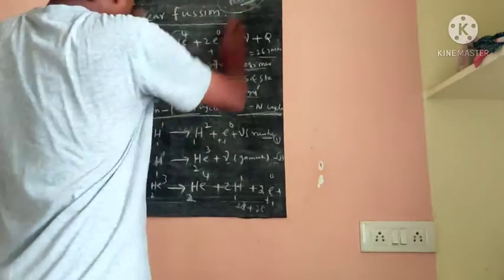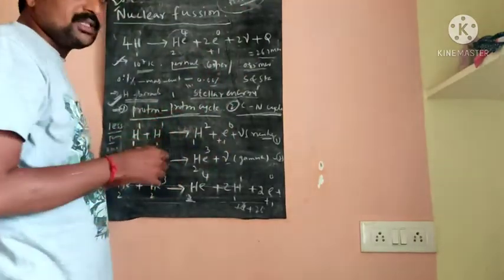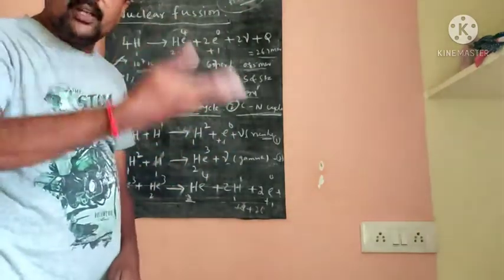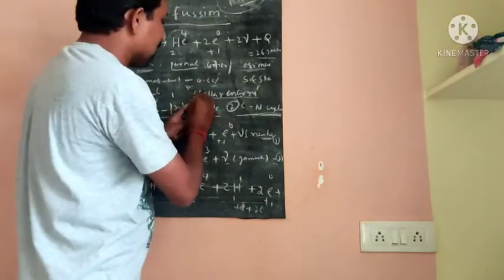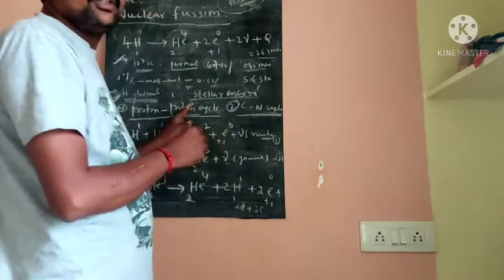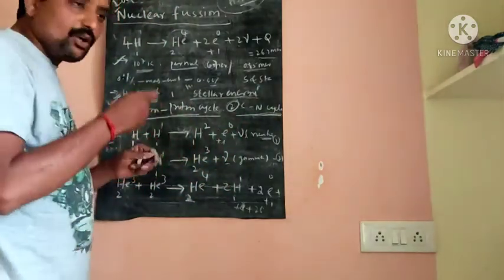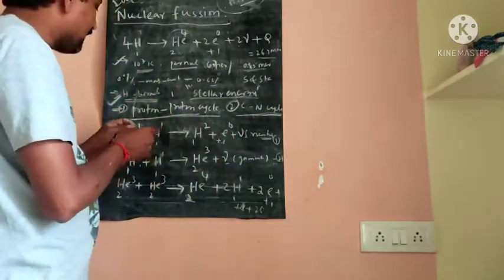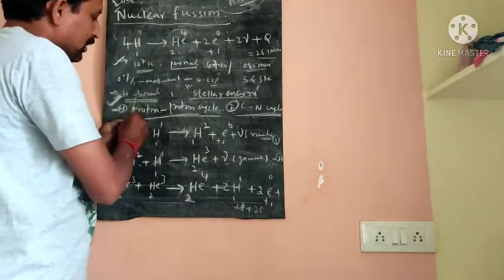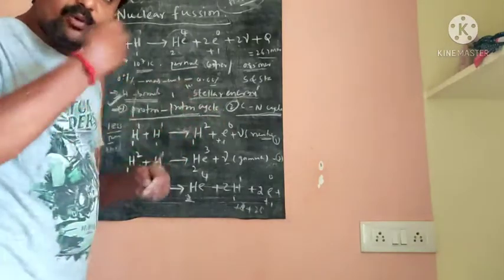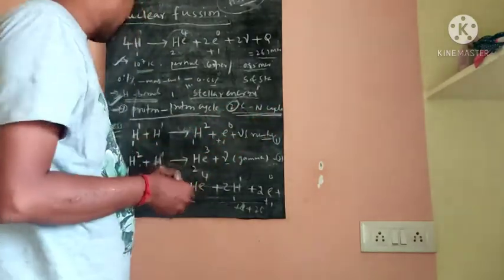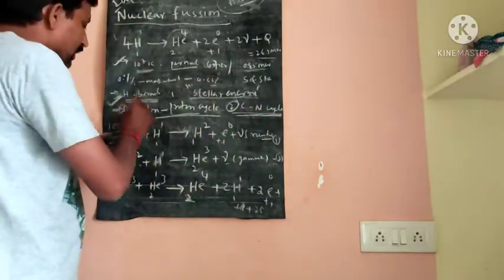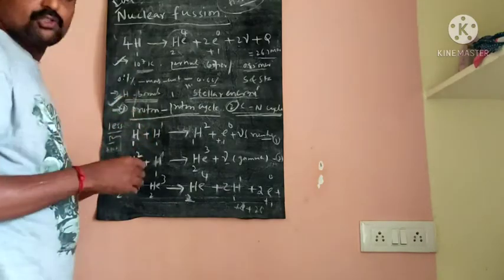On the surface of suns and stars, energy is liberated in two ways. Such energy is known as stellar energy. On the surface of stars and the sun, 2 cycles are occurring, and due to these cycles the energy is liberated. One is the proton-proton cycle, the second is the carbon-nitrogen cycle. The proton-proton cycle occurs on lower temperature stars.